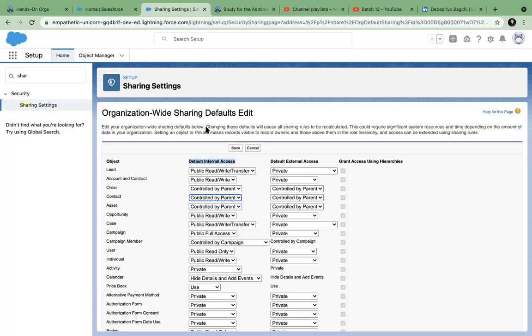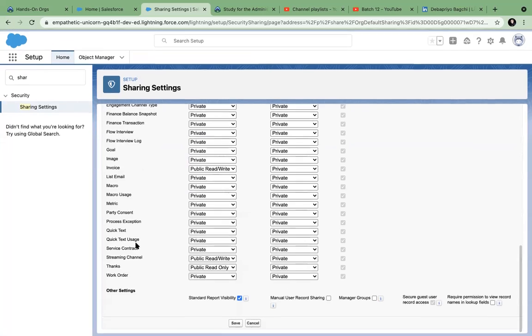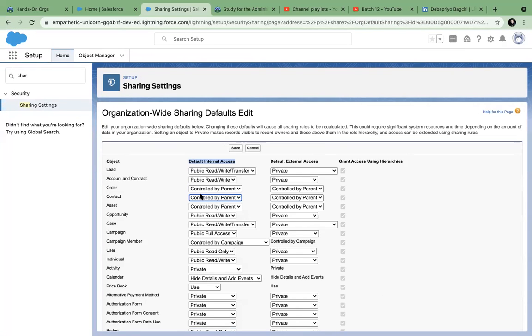So how will you define security? That object will not come into this list because that is by default controlled by parent. That means whatever is the owner of the parent record, that setting of that object will be applicable to this object also.